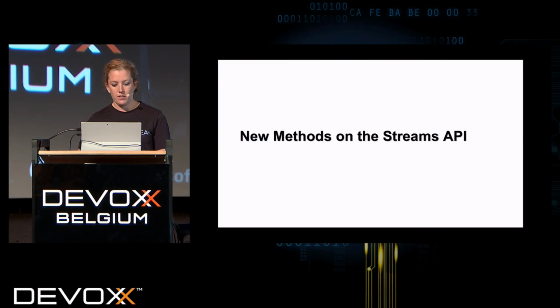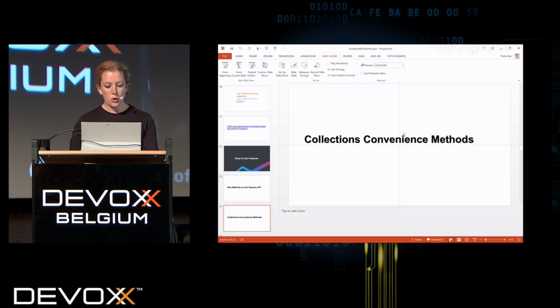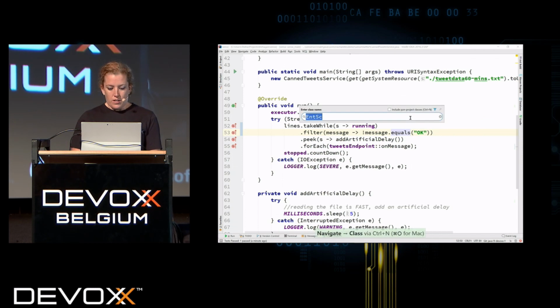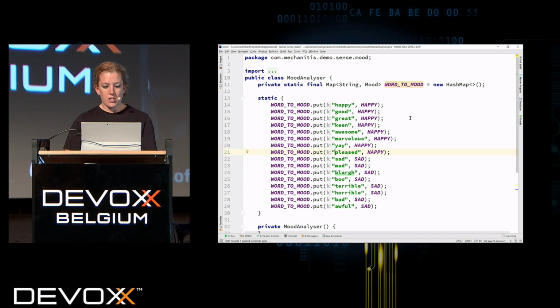Okay, what's next? Collections convenience methods. I think this might be my favorite area of code, and it's such a small, quick win. All of the code examples I'm showing you are real code examples in code that I was using before. So when I show things working better, it's not because I came up with a fake example of something that was kind of bad before Java 9 that you never do. It's something that was kind of frustrating before in Java.